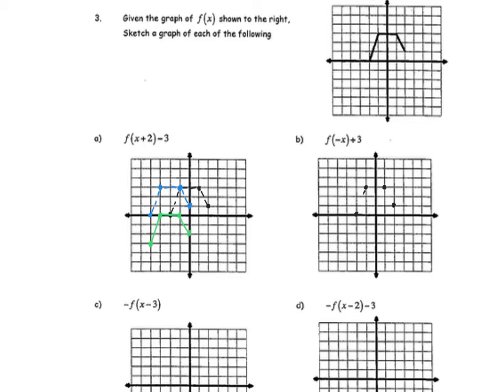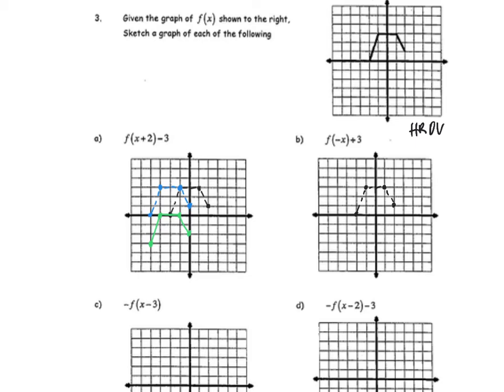And I would always do it in a dotted line to make it clear that that's not your answer, right? It's just where the original function is. So again, this is 2 steps. If you think about the order of operations, we have a negative on the inside and a plus 3 on the outside. Again, if I'm thinking of my HRDV rules,